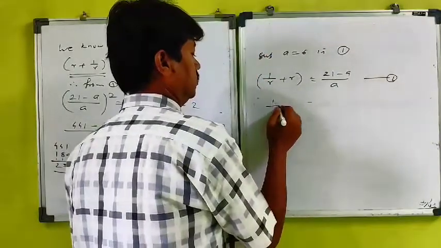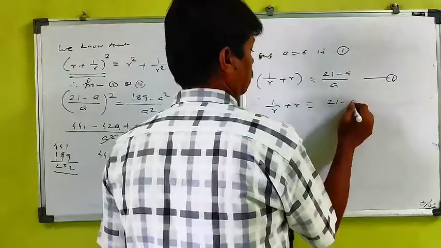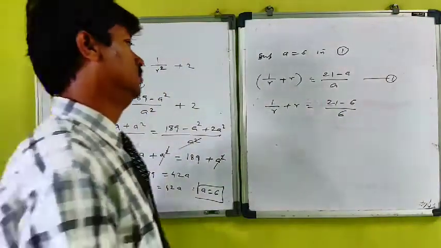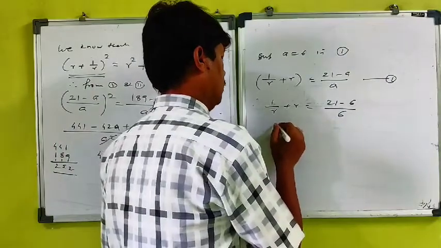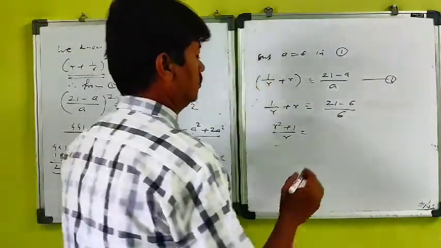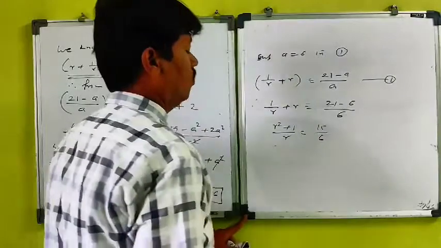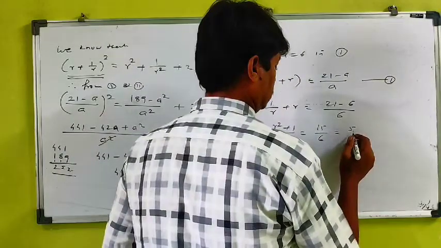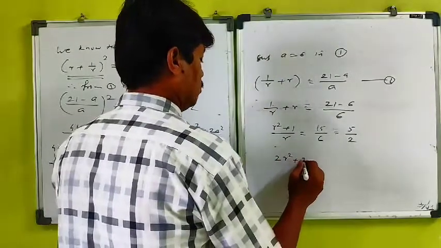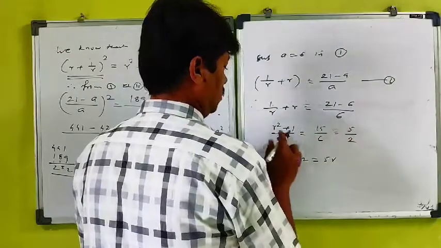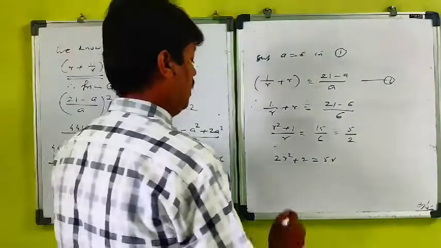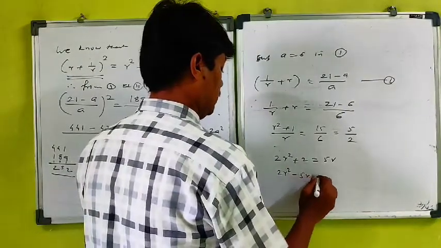That will give you 15 upon 6 r square. 15 upon 6 is nothing but 5 by 2, so it is 2r square plus 2 into this, like this. 2r square plus 2 is equal to 5r, so it is 2r square minus 5r plus